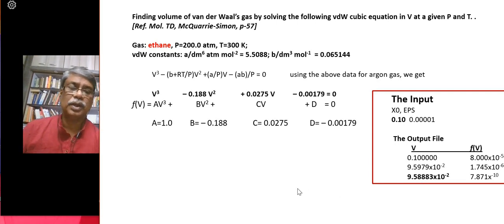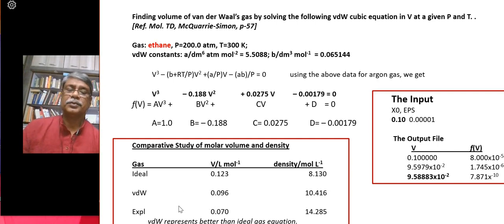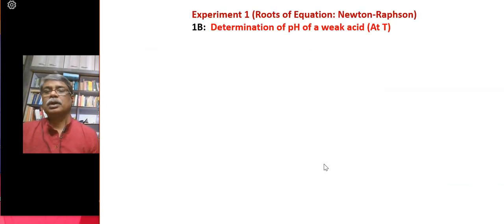I have shown just one vapor root, and if you compare again, you will see that Van der Waals is better than the ideal one and closer to the experimental value as far as density and volume are both concerned. So this is all about experiment 1A. Now